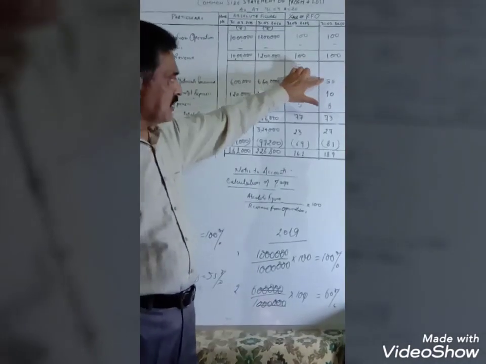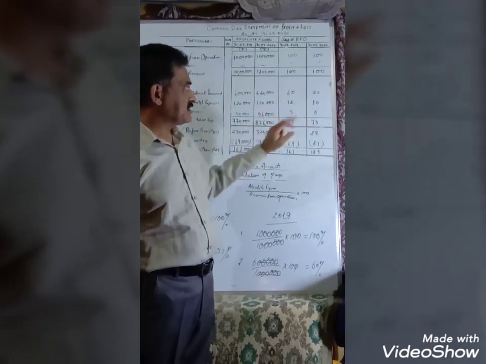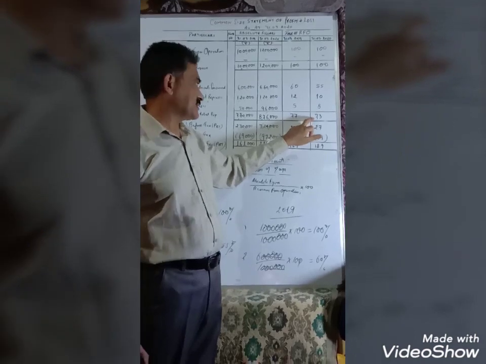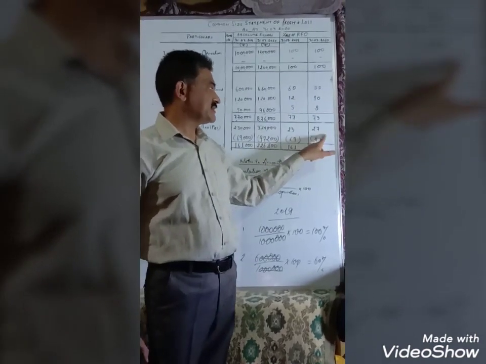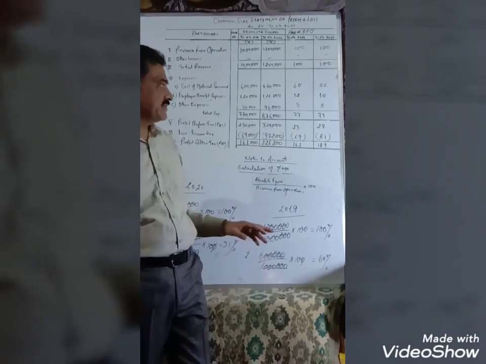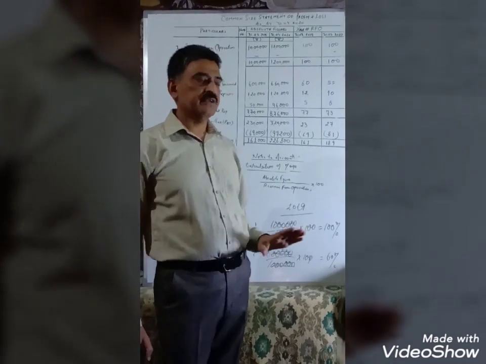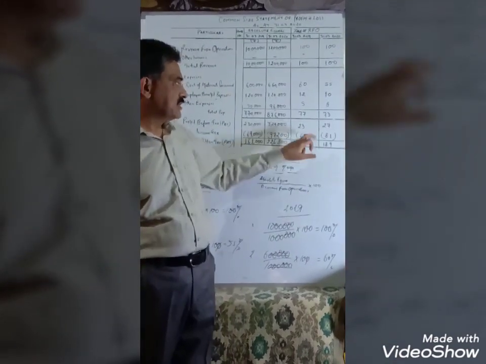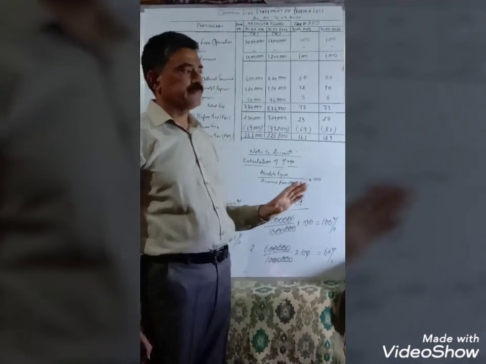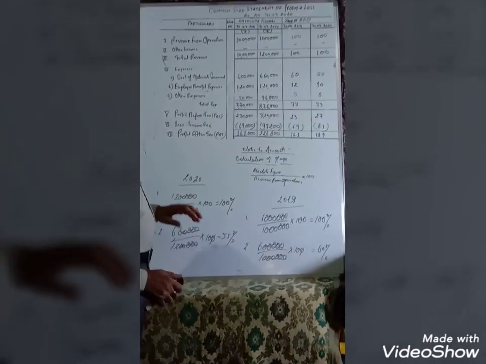Now if we make a total of the percentage for the year 2020, this will become 73%. And out of 100 we will deduct 73%, then we will get 27%. And if we take 30% of 27, that is the income tax, this works out to 8.1%. And after deducting income tax, 27 minus 8.1, we will get 18.9. This is what common size statement of profit and loss.